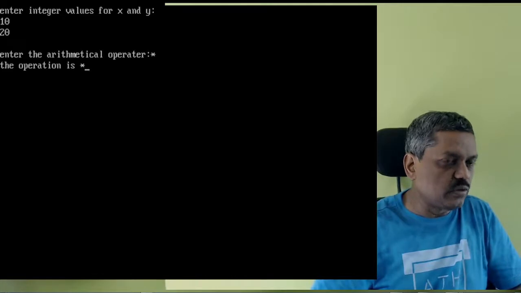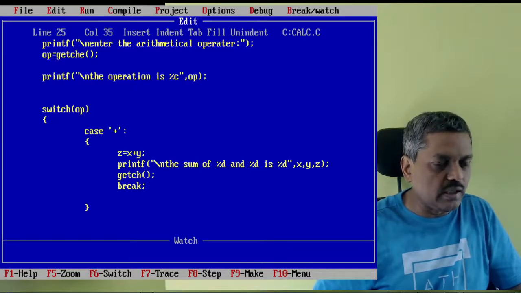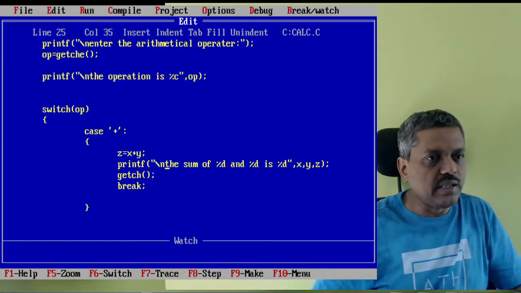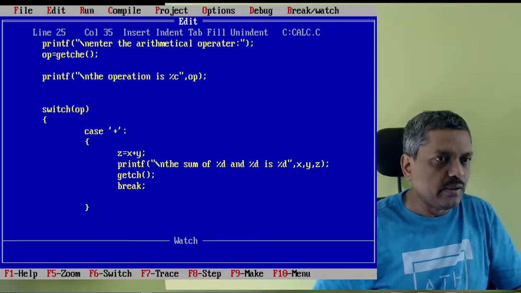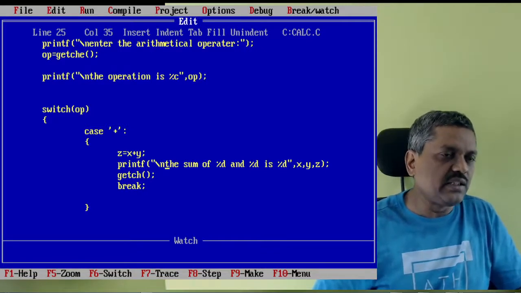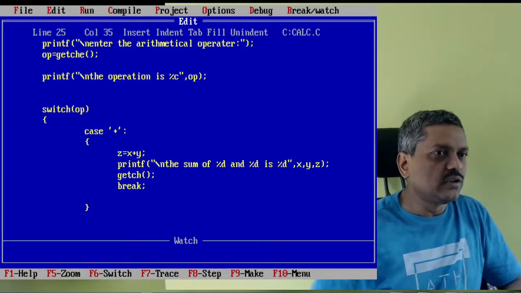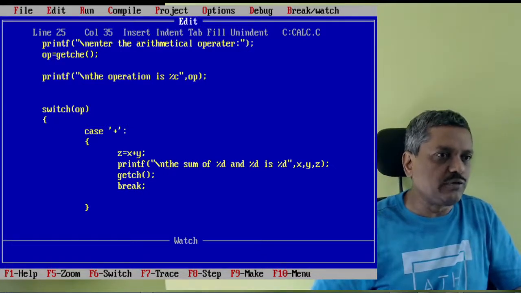The operation has been read correctly, but it is not doing anything. Why? Because there is no case related to that. If you go to any shop and ask for a particular kind of soap, a bathing soap, and it is not available, they say no, it's not available. That's all. That means you have to walk off. The same thing it's doing, because this case is not matching over here, so it simply walks out of the switch.